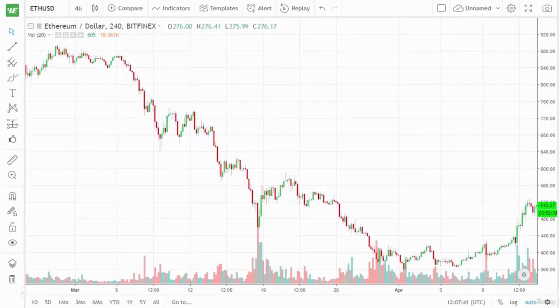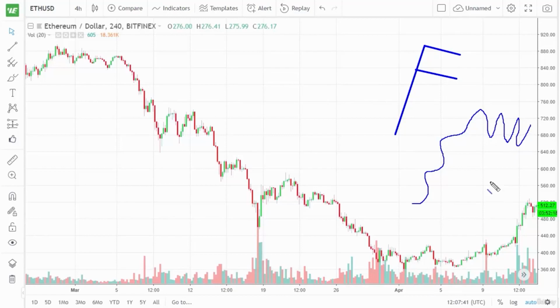So here we have the Ethereum 4-hour chart. And first, I will describe a flag. And you should know that there is a bearish and bullish version of flags. And a flag is essentially a pattern that looks like this. Now, let me explain what we're looking at here. This is a rising market that then consolidates between two